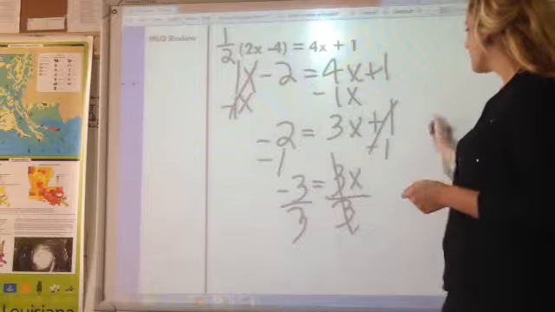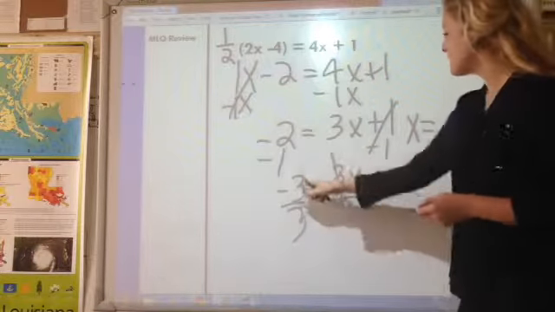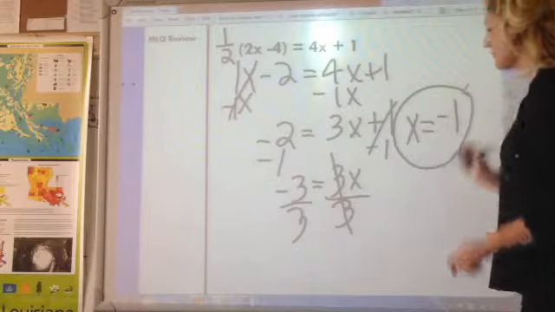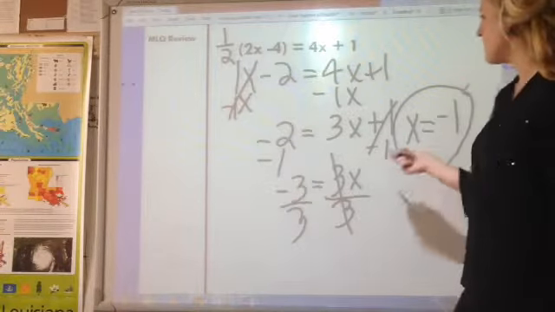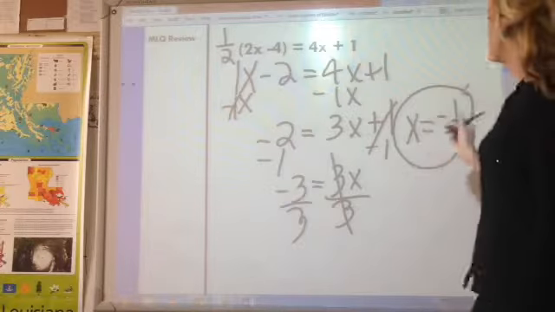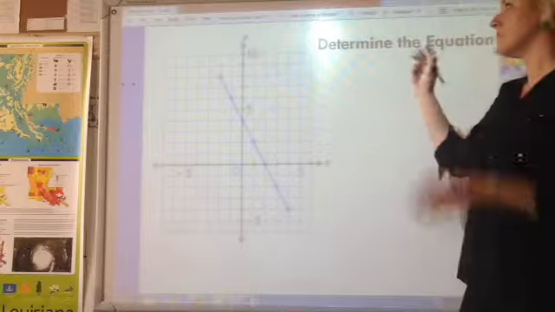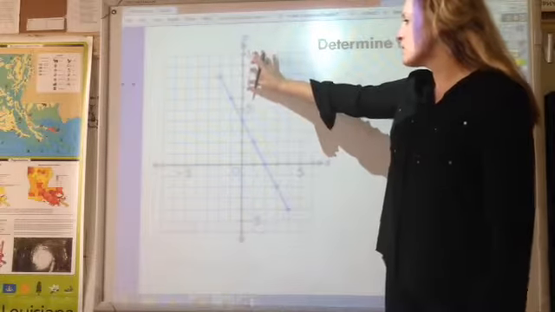My 3's will cancel out. I'm left with x equals -3 divided by 3, which leaves me with -1. And that means if I plug -1 in, that will make the equation true on both sides. Let's move on. All right, so we're also going to see problems on our MLQ where we have to determine